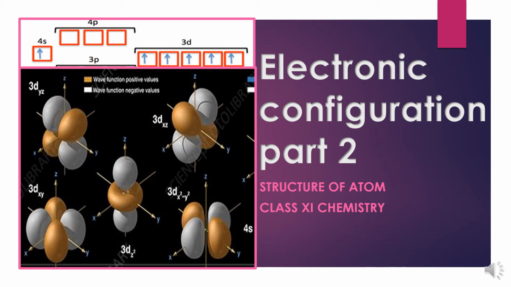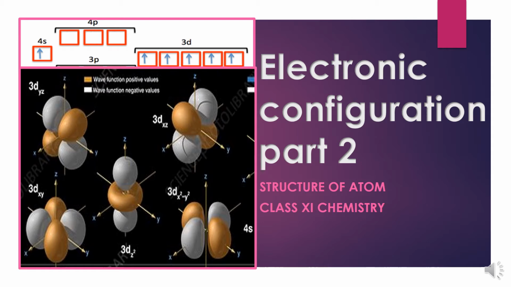Good morning, students. The important concept in the chapter Structure of Atom is to write electronic configuration of elements on the basis of the quantum mechanical model. We are discussing electronic configuration, and we have done with the first 20 elements how to write their electronic configuration, and we have seen that the first 20 elements have either the last electron in s orbital or p orbital.